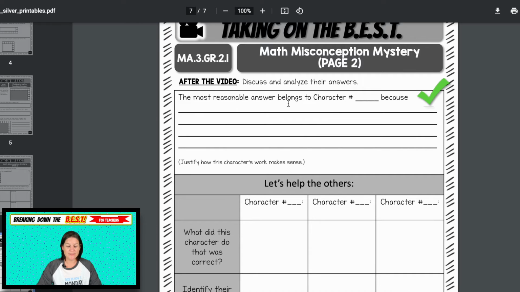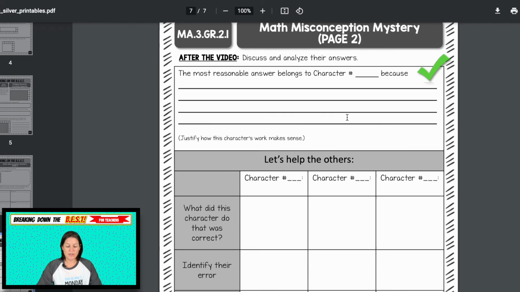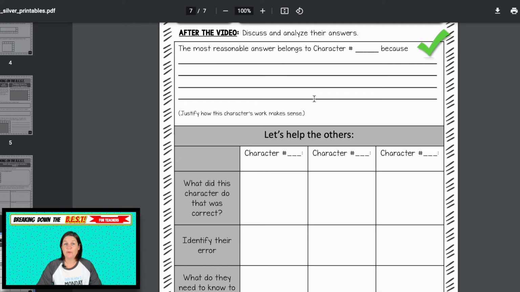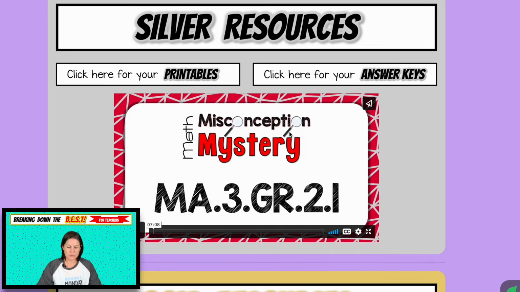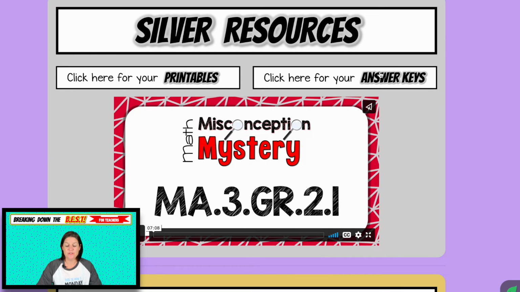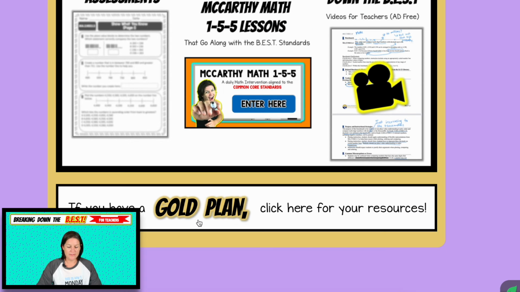Then students will complete this detective report on the next page explaining who the most reasonable answer belongs to and why, and evaluating the work of the other 3. So if you have the silver plan, that's what you have access to, and you have your answer keys right there. If you have the gold plan, just click here,